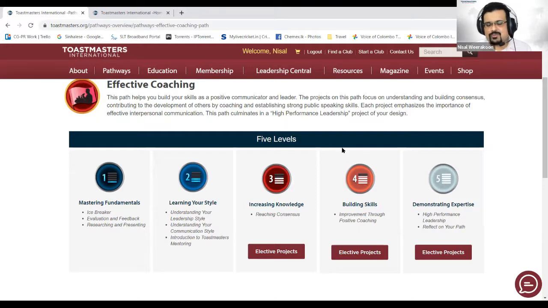So there are so many interesting projects that you can do. When it comes to elective projects, there are fun and interesting projects, but all of us have to start with Level 1, doing an icebreaker. Icebreaker is all about introducing ourselves in front of the club audience, which is an interesting experience. I think some of you have already done the icebreaker, and some of you are yet to start. So my advice to you is to pick the path in the Pathways program and start preparing for your icebreaker, and take support from your mentor as well,